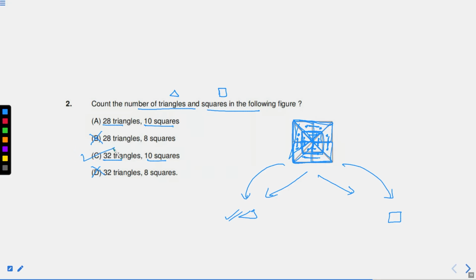Why have I calculated the complete answer for you? I am telling you the approach. This time I used only a single diagram for this, but what you can do is make a different diagram for triangles and a different diagram for squares as well, right? In this manner you are able to figure it out, right?